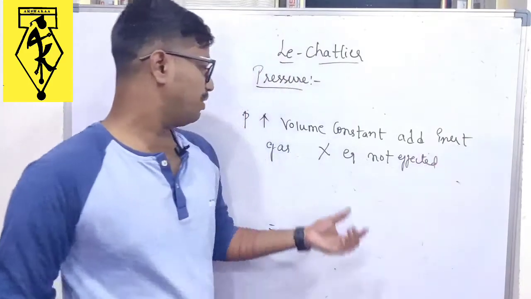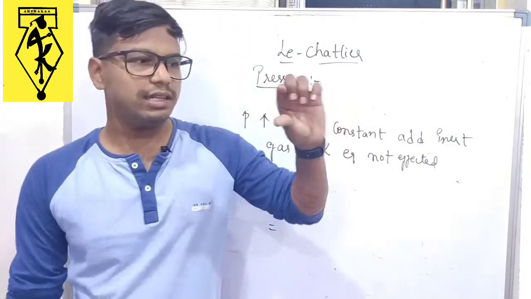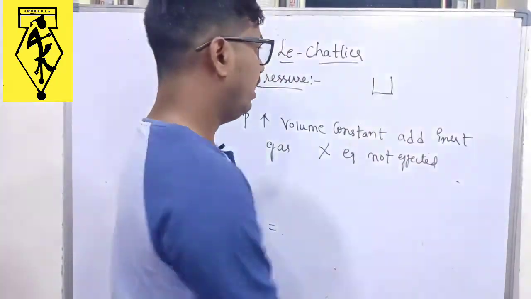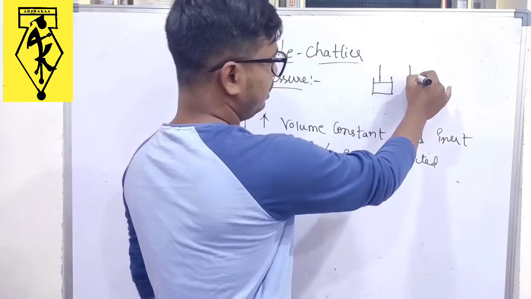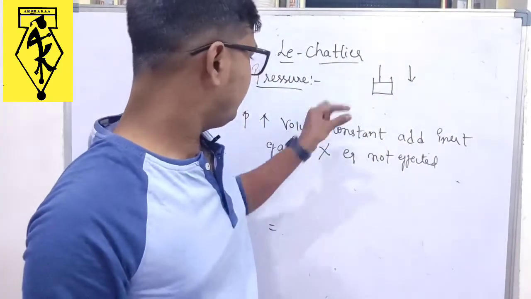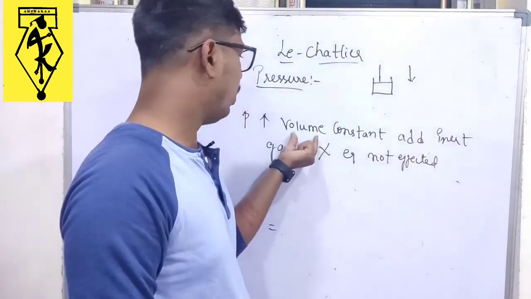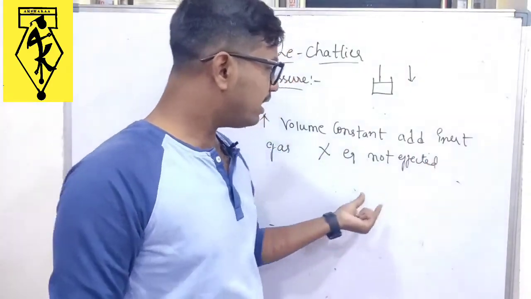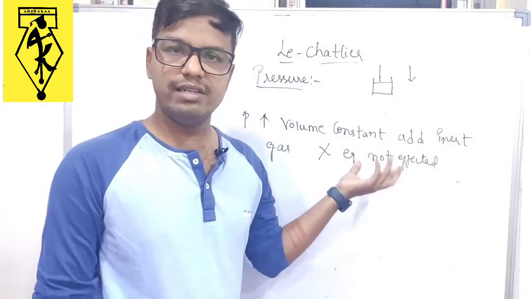So observe carefully. We are increasing pressure and keeping volume constant. See, the container is like this, a fixed container, and with the help of a piston here, we are increasing the pressure. But actually, if you increase the pressure, volume should decrease. But we said volume is constant. Even if you add inert gas to that system, is there any effect? There is no effect, no? That does not make any sense.